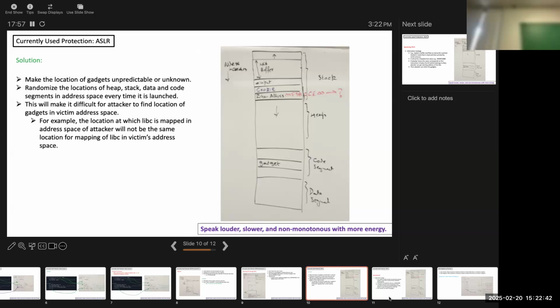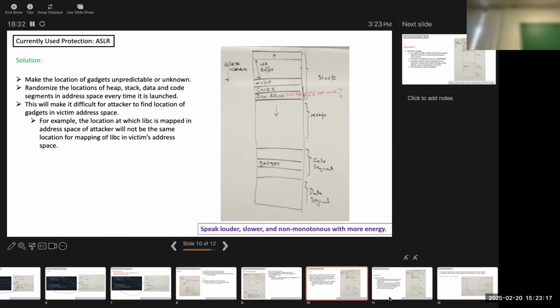In ASLR, remember, normally, without ASLR, you have on the lower side of the address space, and when I say lower side, it means the lower address side, you have the data segment, code segment, data segment, heap, and then the stack on the high side. So locations are fixed. Everyone knows what the start of the heap segment or data segment or code segment is,